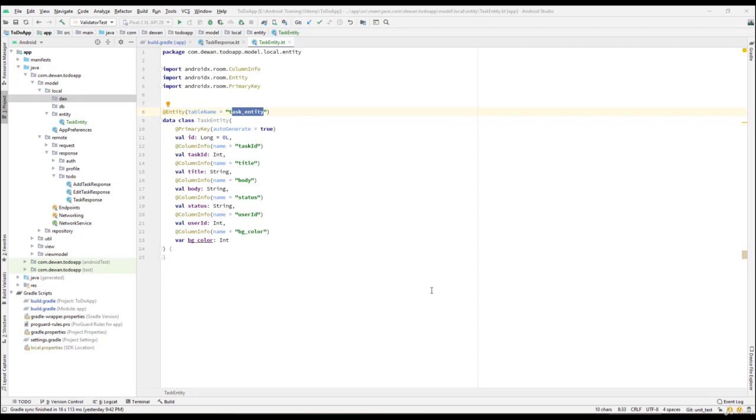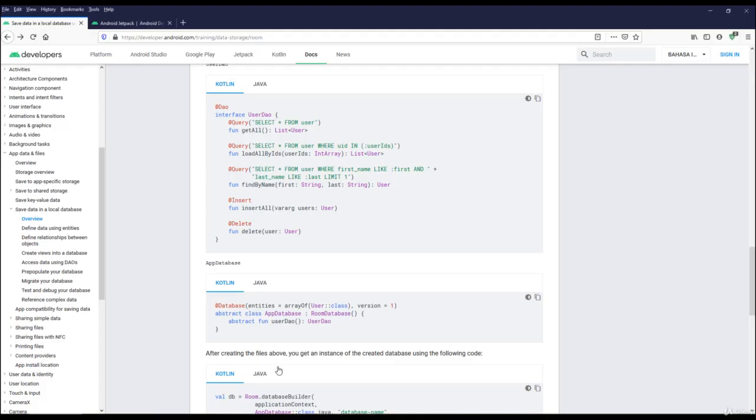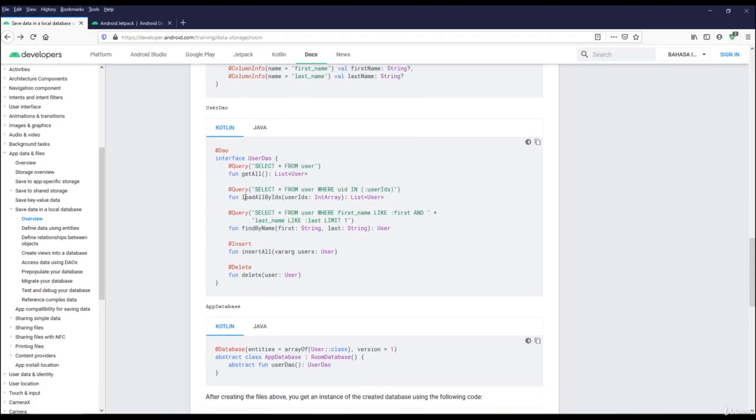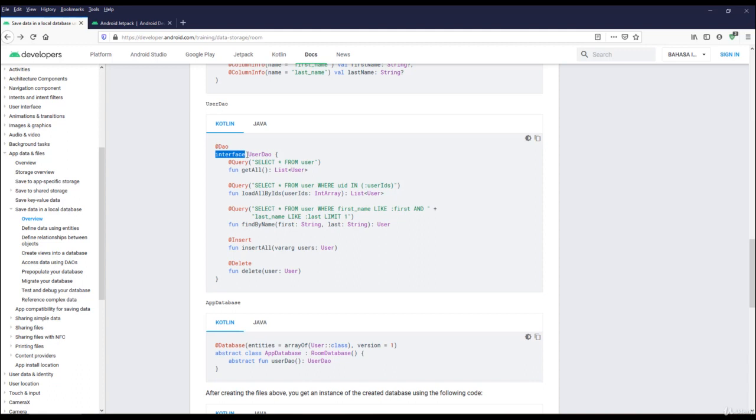Let us continue with our lesson. In the previous lesson we created one entity for our app, which is the task entity. The next step is to work with the DAO. If you go back to the documentation, it mentions that we need to create an interface